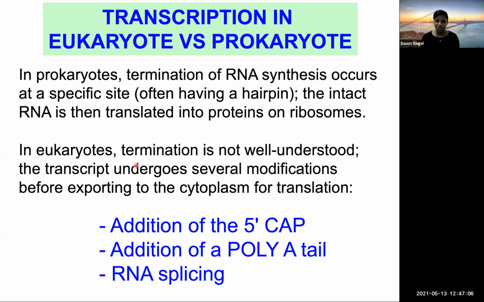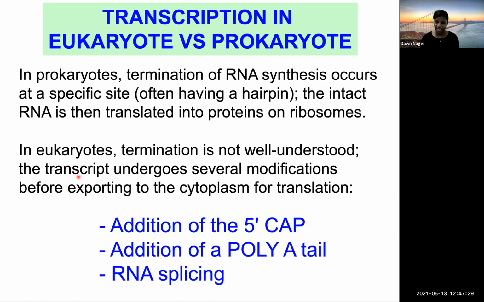In eukaryotes, termination is not well understood. It's a very complicated process. So there are modifications that need to be made to the RNA, depending on where that transcript ends, before it can be exported and